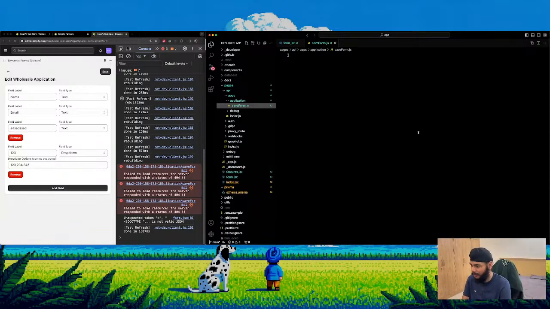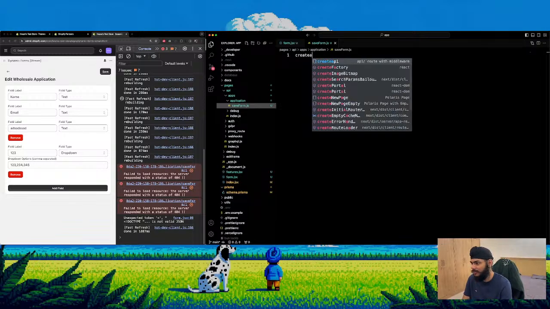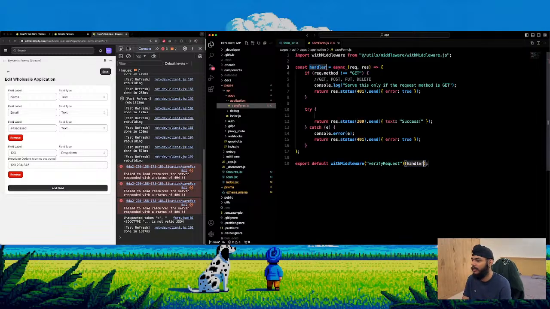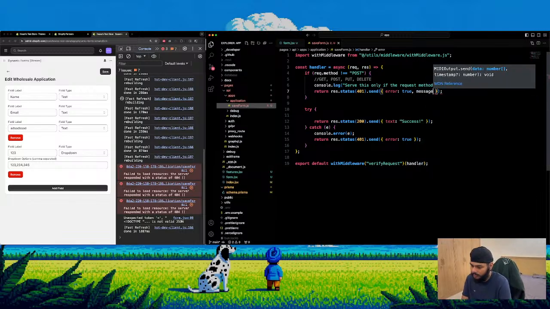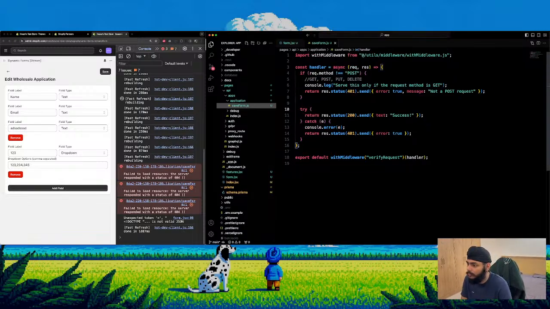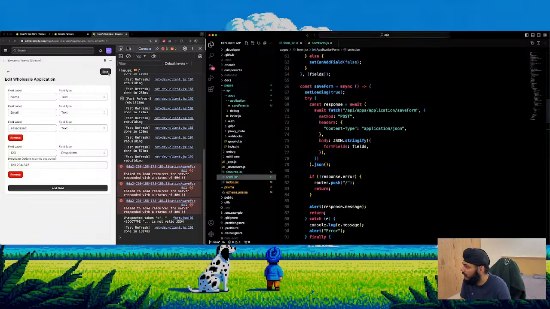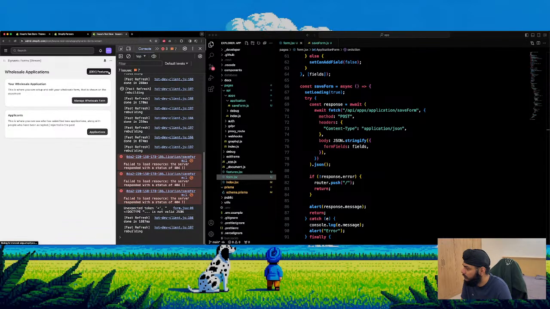Okay, what I'm going to do is because there's a new API route, I just write create API, bam, done. A lot of this is just taken care of for you. This is a post request, so I only want to accept post and insert an error true message, not a post request. Okay, so if I now try to save this,